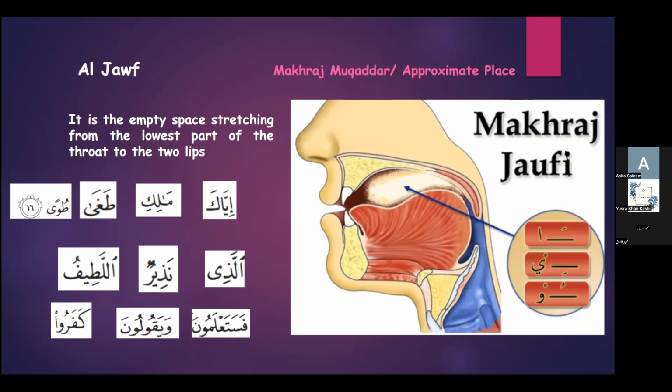Then we have mad letter ya. I have examples here: الذي, نذير, اللطيف. Again, we need to make it two harakat long. In this case, ya, as I said, is different. You can see this ya is also empty, no haraka, no sukoon on it, but there is no fatha. Instead, it has a kasra before it. So the letter maddiya